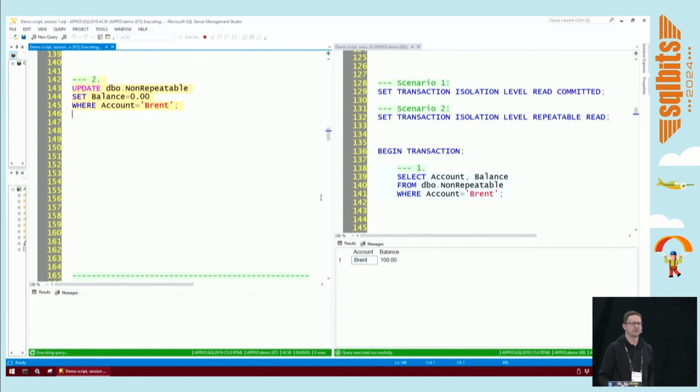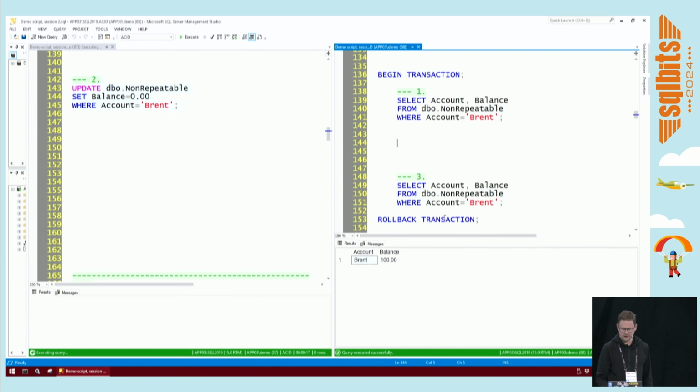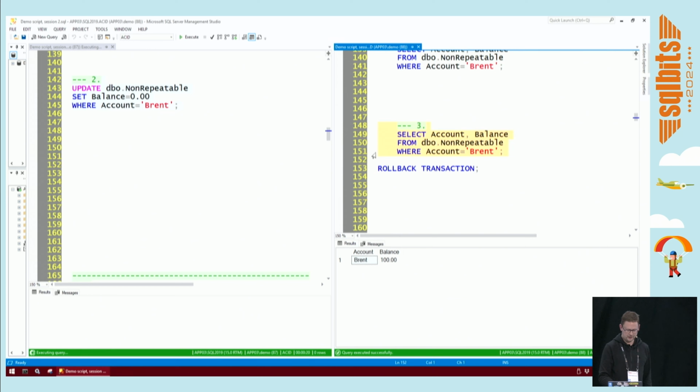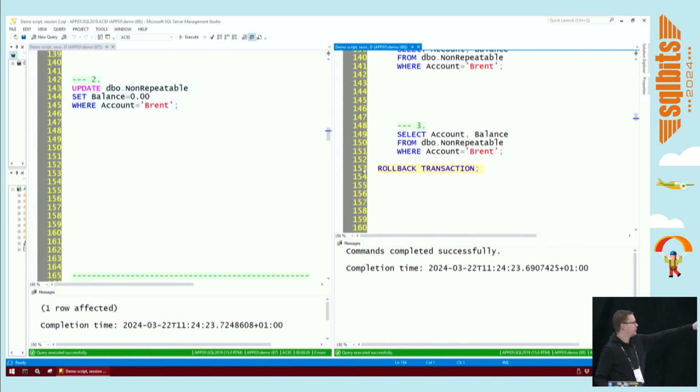And it's stuck waiting, because I've promised the right-hand side user that the balance is 100 units. So you can't change it until the right-hand side says, okay, I'm done with this. I'm going to proceed down here. I'm going to do another select just to see that the balance is unchanged, as we expected. And then I'm going to roll back. And when I roll back, I close the right-hand side transaction. The left side can finish. Because repeatable read guarantees that what you've read can be repeated. You will see the same data in the same slots. Asterisk.